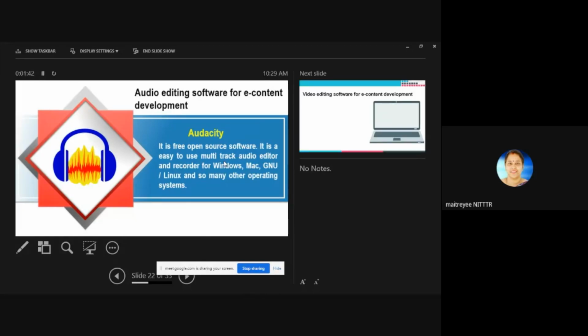You must have heard about the spoken tutorials that IIT Bombay has created, right? For the audio in those spoken tutorials, they have used the Audacity software, and for screen recording, they have used Camtasia Studio, right? I will tell you what tools are required for screen recording. So this Audacity software is for audio editing.